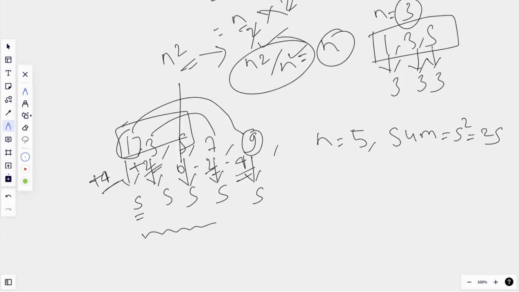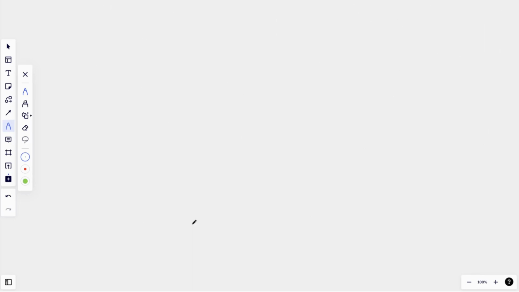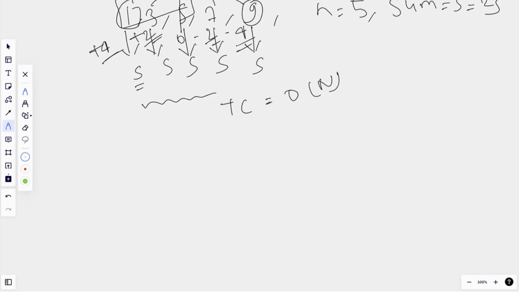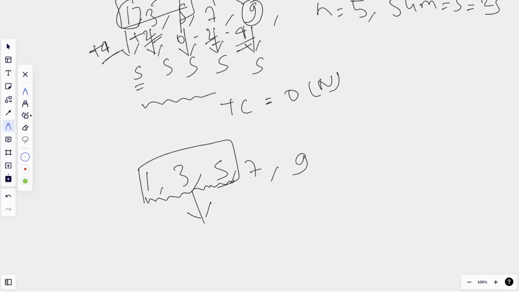But the time complexity for this approach will be O of n, and here n is equal to 10 to the power 9. So this will give TLE. So we can optimize this solution. Again, we have to look for the same observation. Our array is like this, and what we can notice is we just need to know the sum of these elements, and this is again an AP.